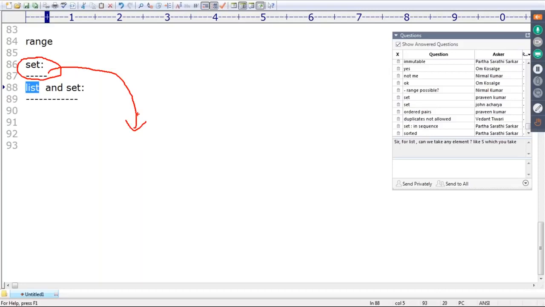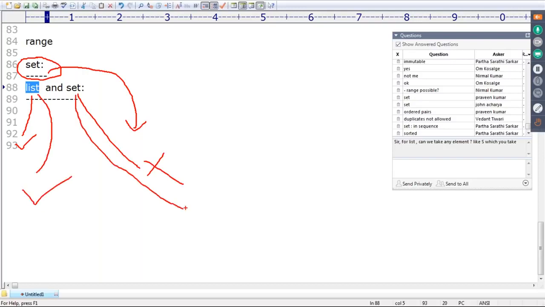What is the difference between list and set? If any person asks in the interview room, there is a simple answer you can tell. In the case of list, insertion order is preserved. But in the case of set, order is not important. In the case of list, duplicates are allowed. But in the case of set, duplicates are not allowed. Next, the list elements can be represented within square brackets. Next, the set elements can be represented with